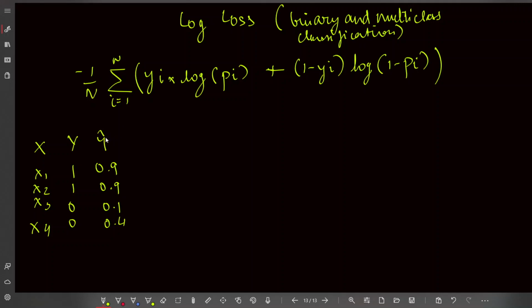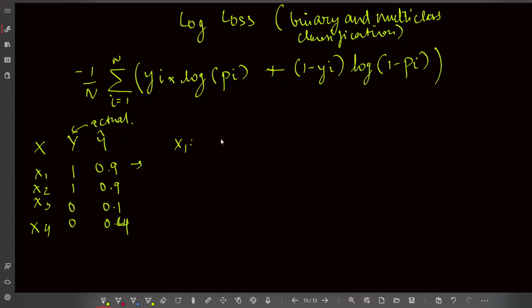This is y hat, which is predicted. This is y, which is the actual class label for each data point. Okay, this is actual, and this is y hat, predicted. So now let's put this in the formula. I'll take 1 by n away because it's constant, and n is the total number of data points. So basically, if I find the value of log loss